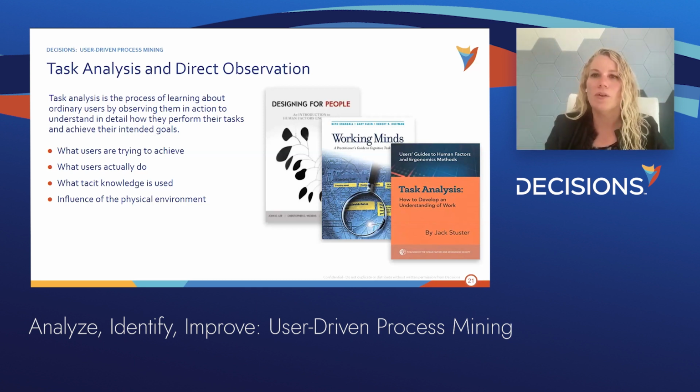So these are some great books that have examples of how to do that task analysis. Working Minds is my favorite that I used most recently, but the other ones are great too. So if you're working directly with people, that's the way you have to do it to pull that information out of those experts' heads. But you don't have to do it that way. You could also automate around it.